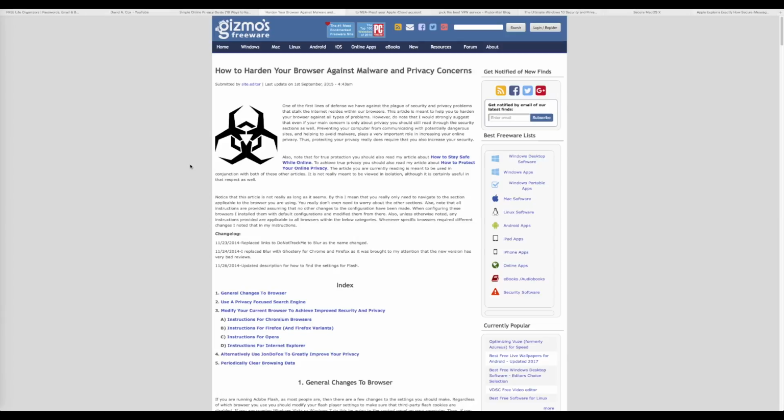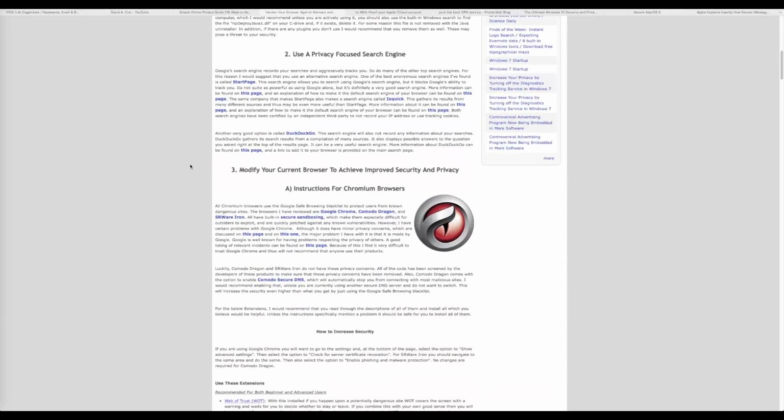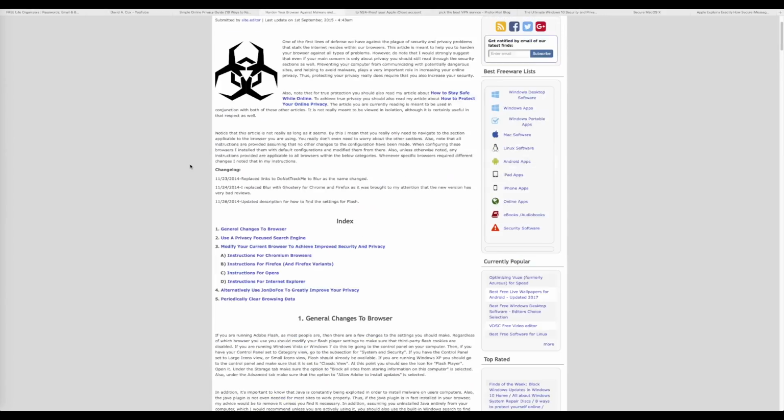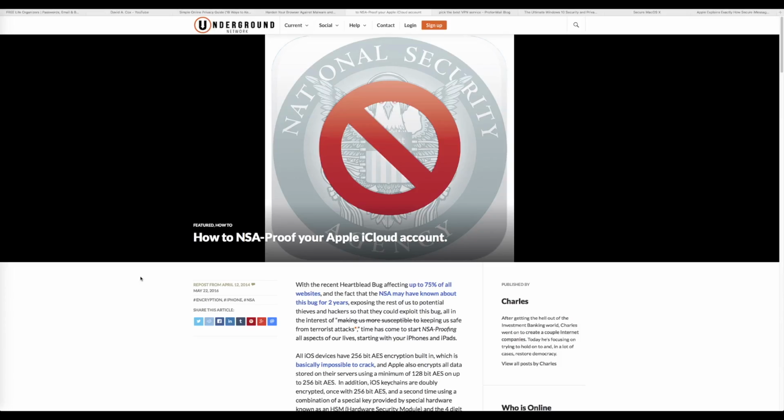The second article that I've linked in the description below is this one. It's how to harden your browser against malware and privacy concerns. This one goes into a little bit more detail and has some specific links if you're more of an advanced user. So this is again another good article to check out. Another good article I found was this one on Underground Network.